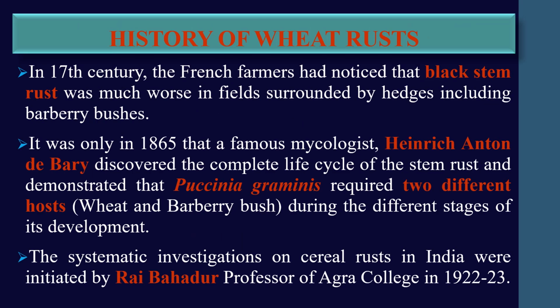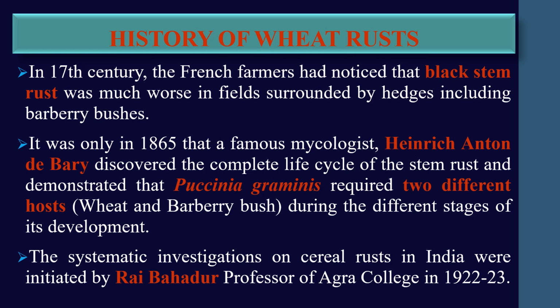History of wheat rust. In the 17th century, the French farmers had noticed that black stem rust was much worse in the fields surrounded by hedges including barberry bushes. It was only in 1865 that a famous mycologist, Heinrich Anton de Bary, discovered the complete life cycle of stem rust and demonstrated that Puccinia graminis required two different hosts, that are wheat and barberry bush, during the different